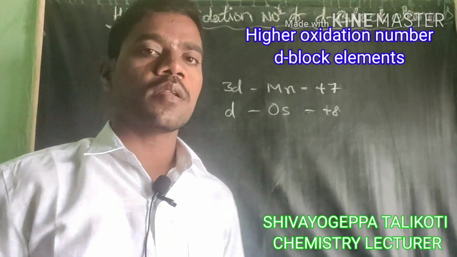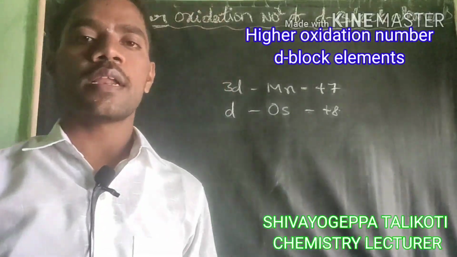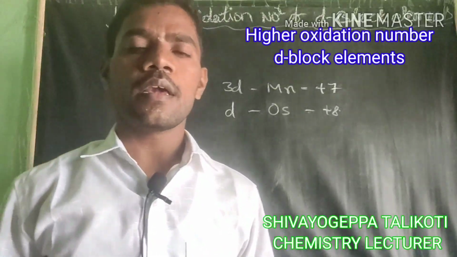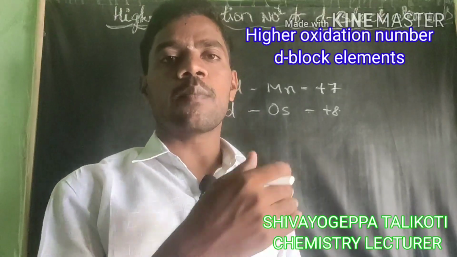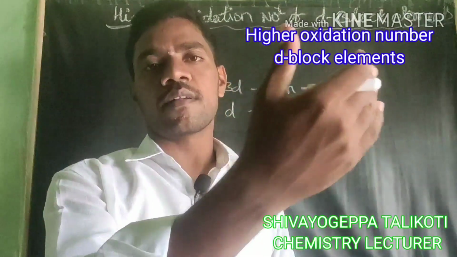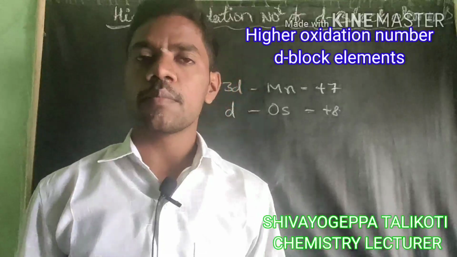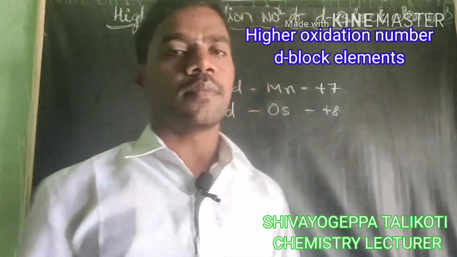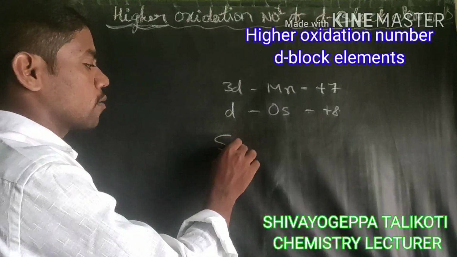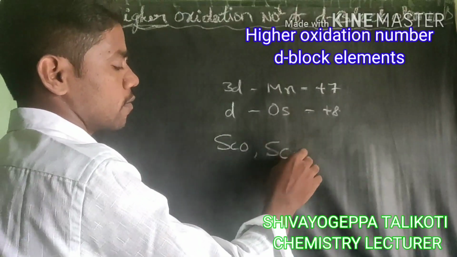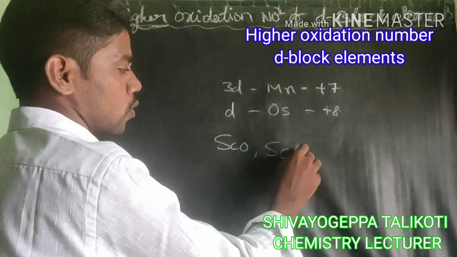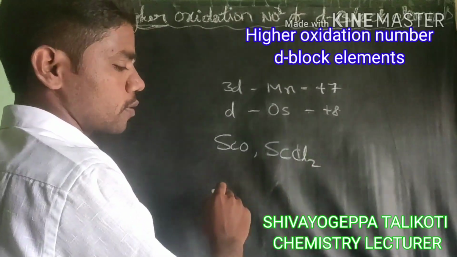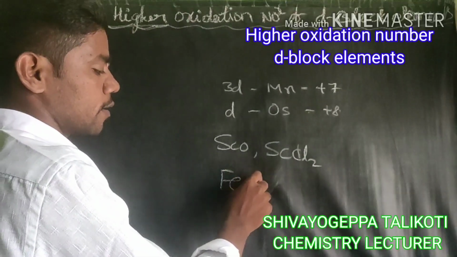This higher oxidation number, what is its use, or how does it exist in nature? A higher oxidation number, for example, exists above +5, +4, +5, +6, +7, +8. Therefore, in all D block elements we are seeing, for example, scandium oxide, scandium chloride. Like this, there will be some compounds, right? For example, iron tetrachloride,